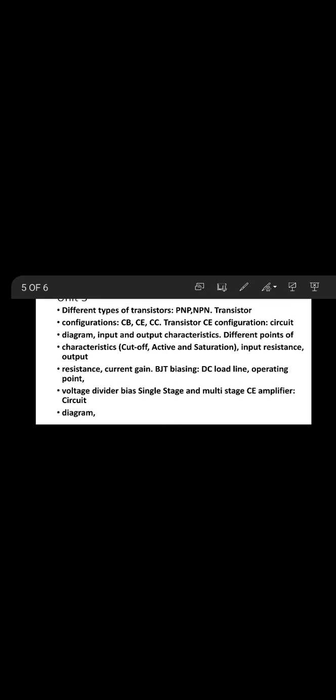The rectifier and filter function is the same as in a mobile charger, which has an input supply of 230 volts, but the output of the mobile charger connected to the mobile is a DC signal of only 5 volts. So that is the function of rectifier and filter, to convert AC signal to DC signal. And the third unit is the transistor as an amplifier. In transistor we will study bipolar junction transistor, its types, field effect transistor, its types, its circuit diagram, working and operations. Okay, thank you.